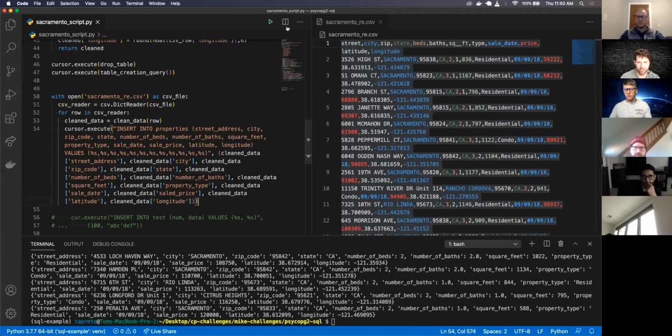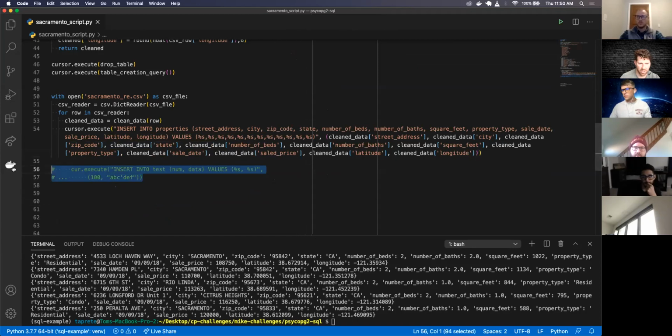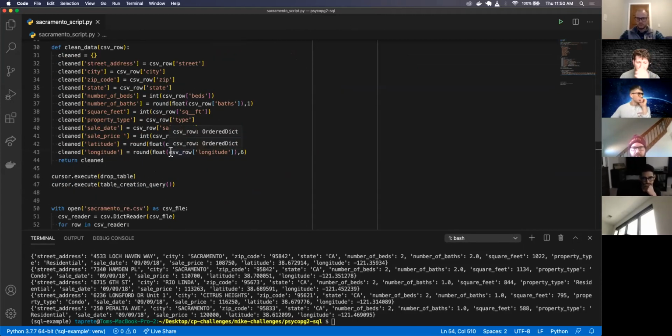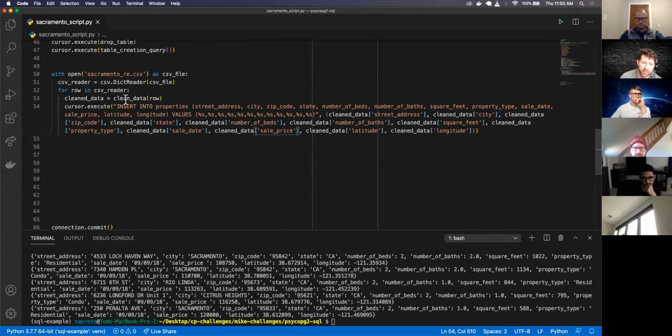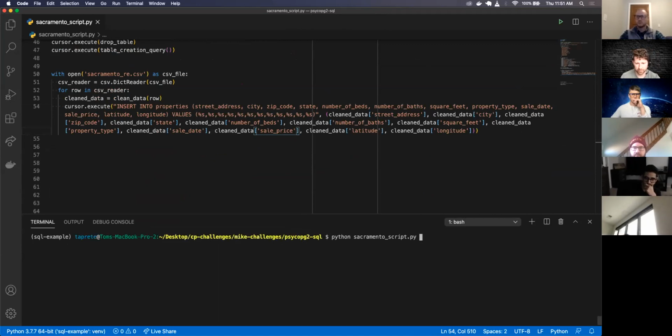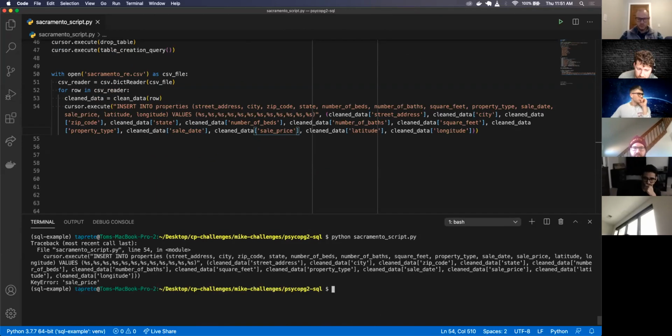All right. Does that look okay? There is a mistake on clean data sale price. It has a D. Sale price. Thank you. So if we did everything correctly and we cleaned our data correctly, which we'll see, we'll be successfully able to insert everything in our database. So if I clear everything and I run this script, hopefully everything works. No. So it says line 54, key error sale price,